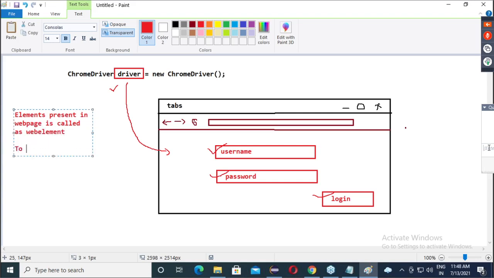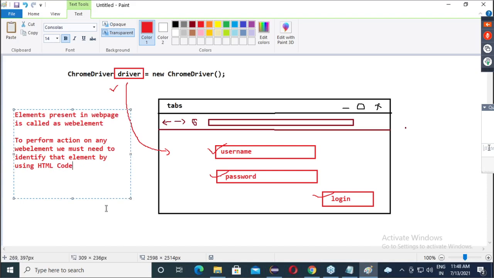Then, to perform an action on any web element, we must identify that element by using HTML code. Is everyone clear?